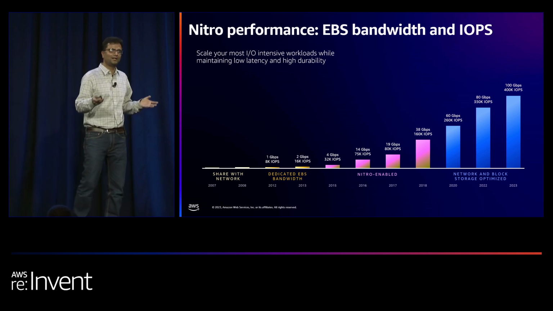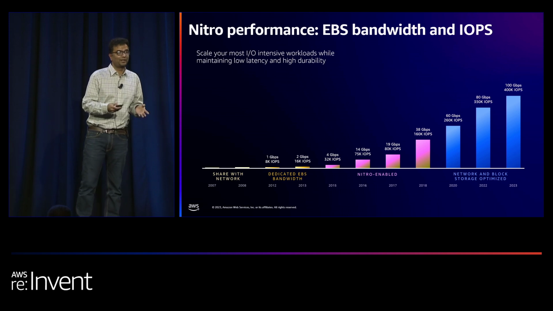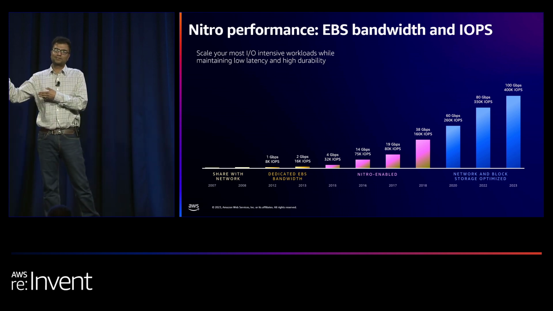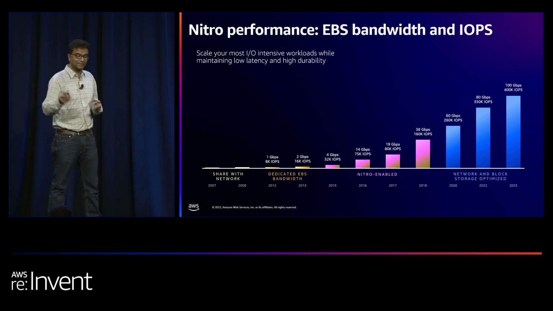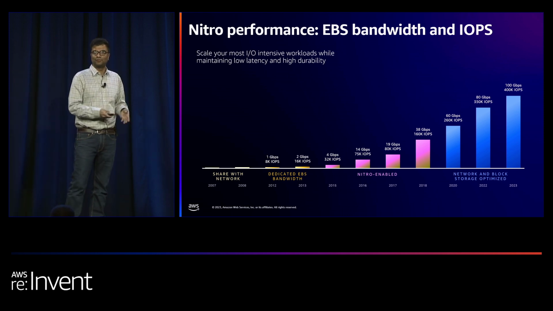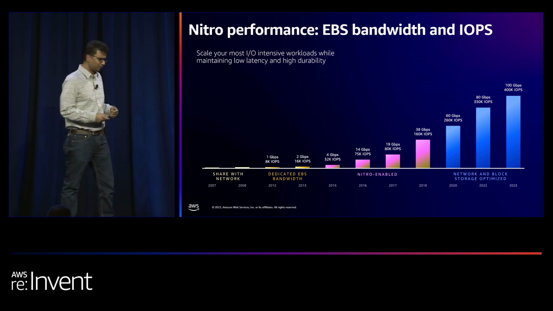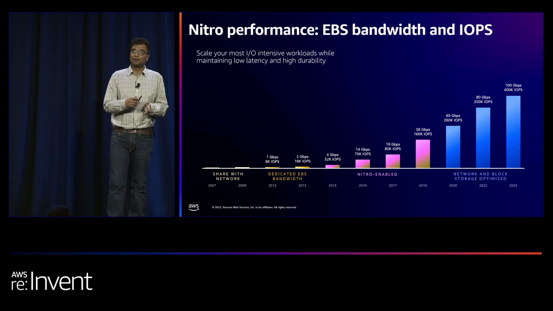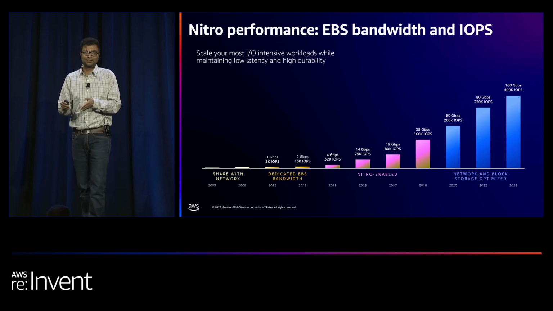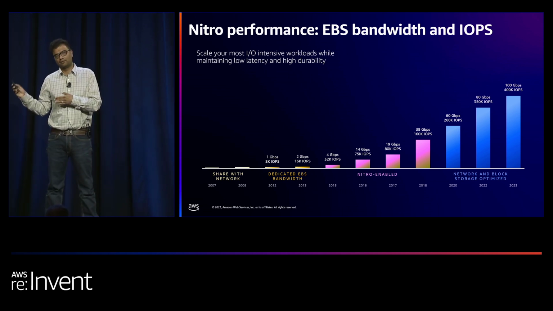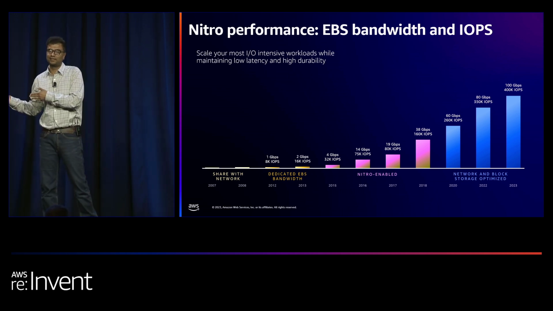So because we had Nitro system, we were able to scale the EBS bandwidth to 60 Gbps first, with R5B instances that we launched before in 2020, and then with our C6IN, M6IN, R6IN, M6IDN and R6IDN instances,